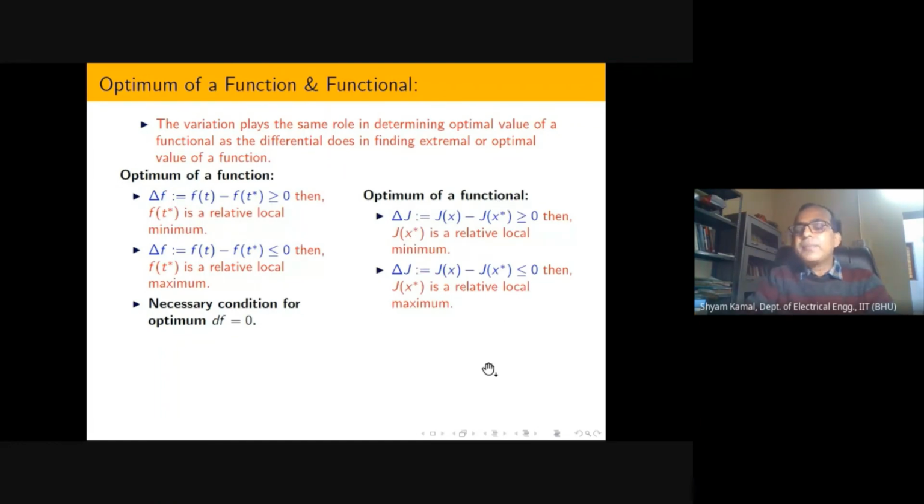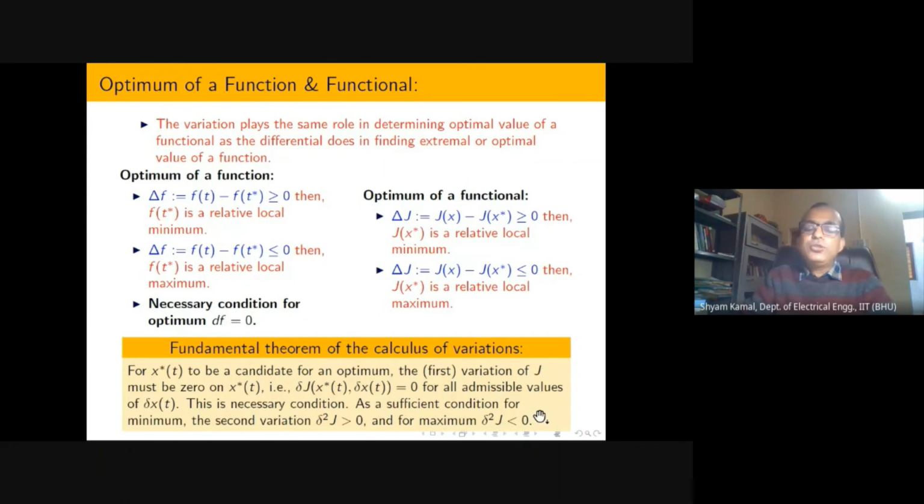Now whenever I have to solve the optimal control problem, in the same way I will just replace the differential by the variation and state the same result. Obviously, I will tell you the proof of this result. That is called the fundamental theorem of calculus of variation. That is not recorded, but I will tell you the whole proof by taking an extra lecture, or in the interaction class. The proof is very interesting.